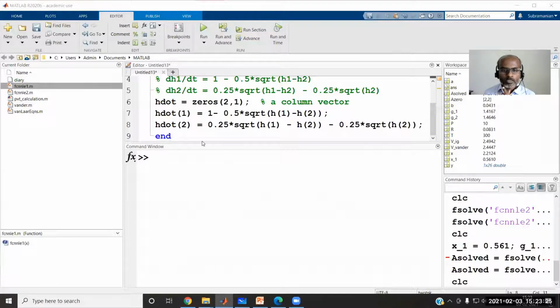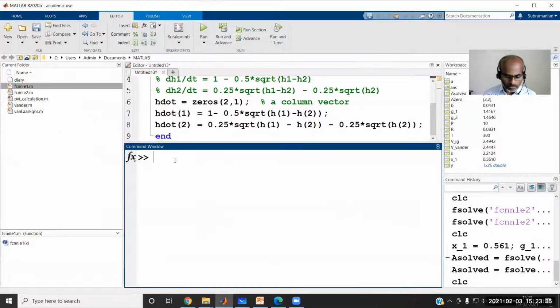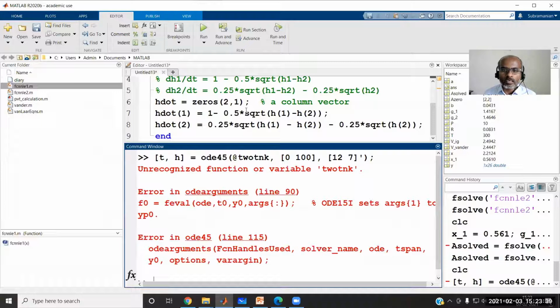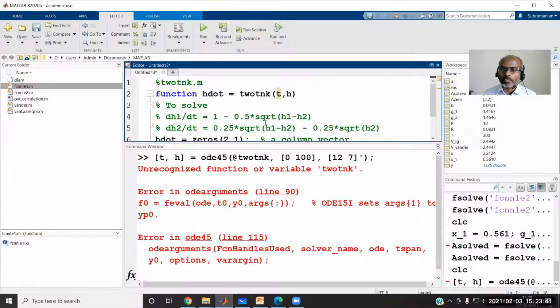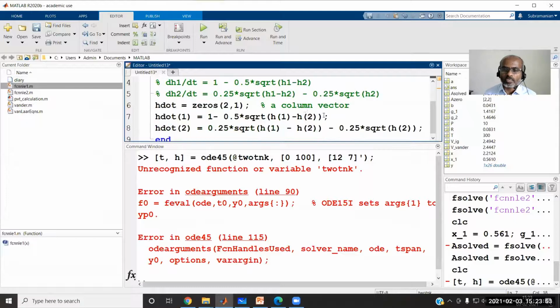Okay, fine. So what I'm going to do, I have to copy these two lines. Simply copy this line and type it here in the window. It is giving some error. Possibly what may be the error? ODE 151 set, this is giving some sort of error. What could be the error? I don't have an idea now.